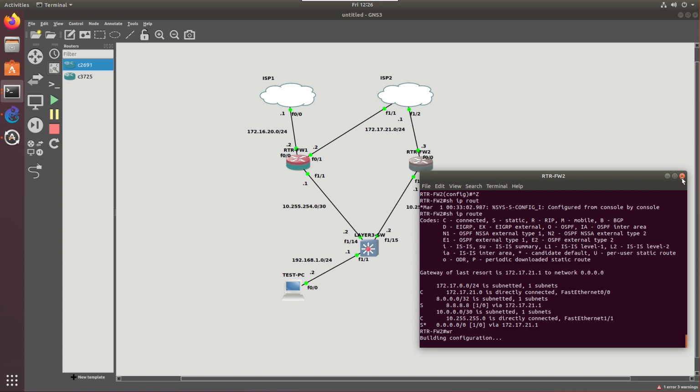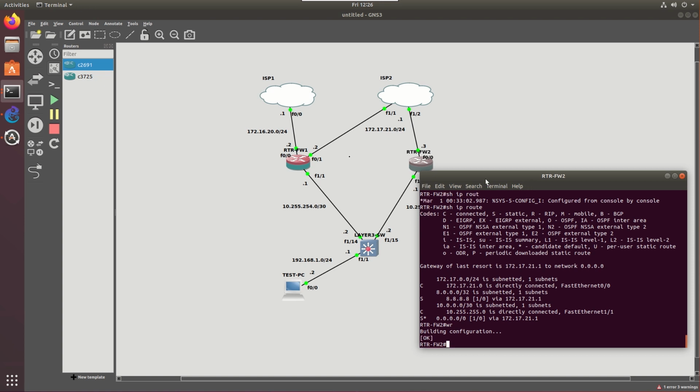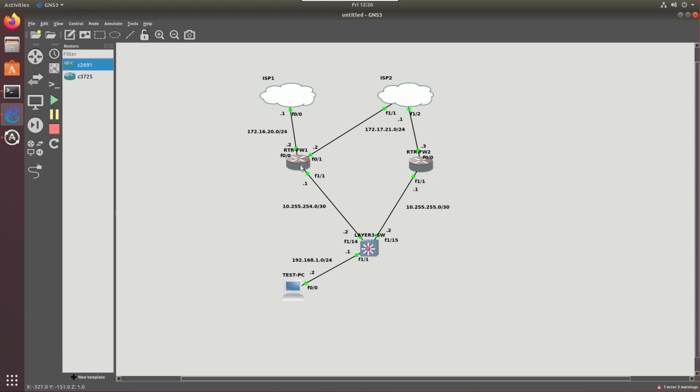Okay. So we have NAT configured, we have our default routes configured. The only thing left is to configure OSPF and advertise that default information. But then, like I said, the last step is to use a route map to say that for ISP1, I want that to be advertised with a higher metric down to this layer 3 switch, in the instance that maybe this link fails and we want to stay on ISP2, and this is going to have a higher cost since this is our backup router firewall. So let's start with